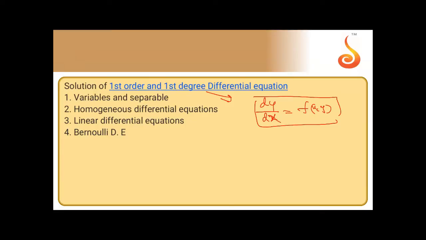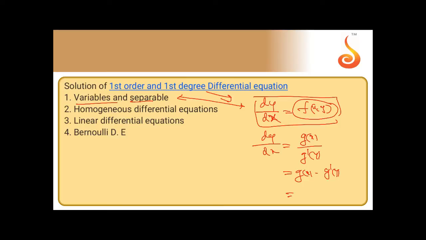We have different methods to solve the equation. One is the variable separable method. So what is the variable separable method? Separate the x and y terms on the right side. Whatever equation is given, write it in the form where dy by dx equal to f of x, y can be taken as g of x by some g dash of y, or g of x into some g dash of y. Any combination you can write here. So you can write the product or division of two functions which are separated in x and y.